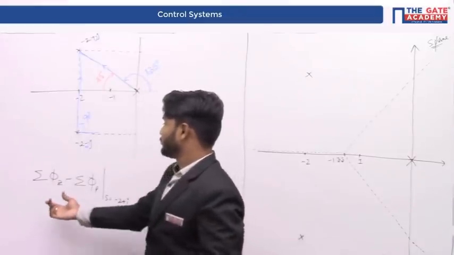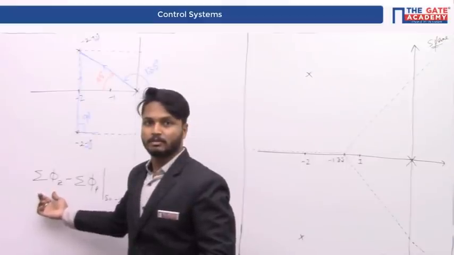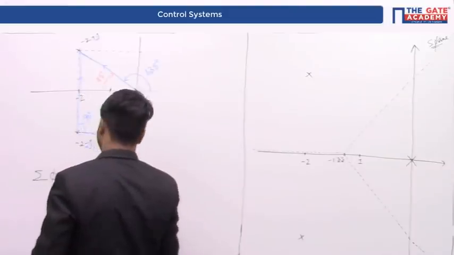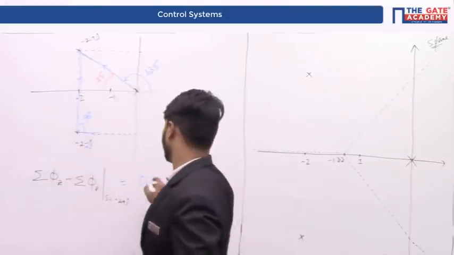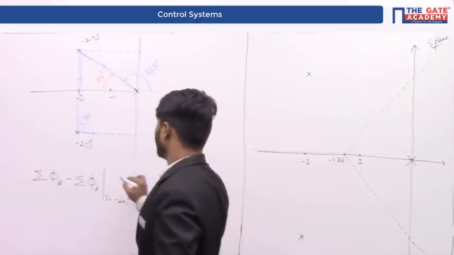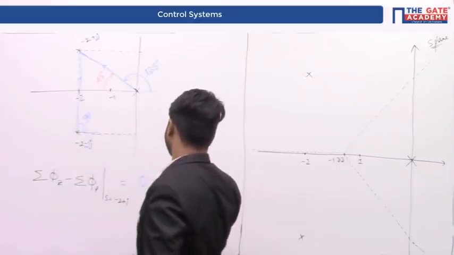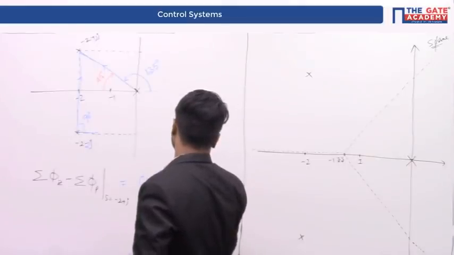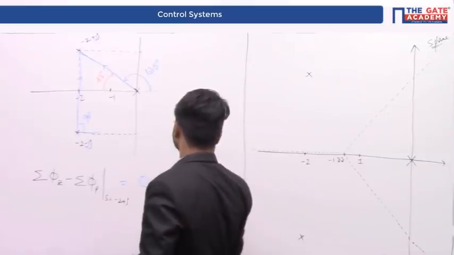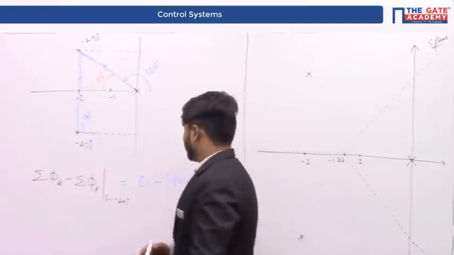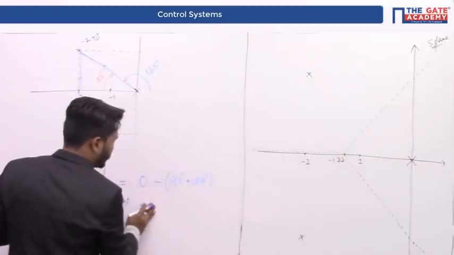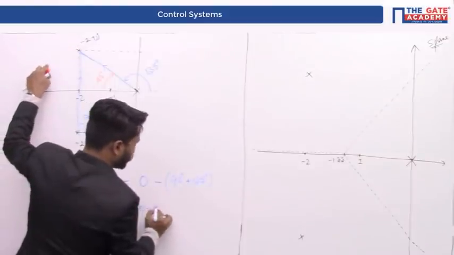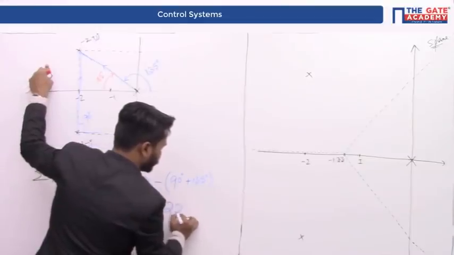Therefore, you have to calculate summation of angles of elevation because of zeros. There are no zeros. Therefore, summation of angles of elevation because of zeros will be equal to 0. And minus summation of angles of elevation because of poles. This angle of elevation is 90 degrees, whereas the other angle of elevation is 135 degrees. So the entire angle, that is summation of the phase of the system at this particular pole, is going to be equal to what? That is equal to minus 225